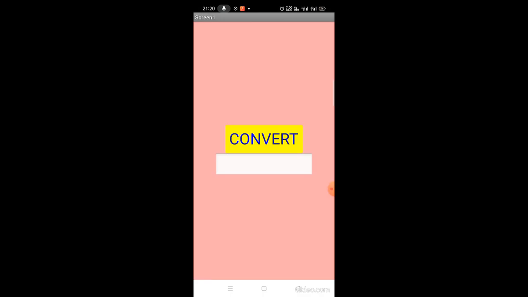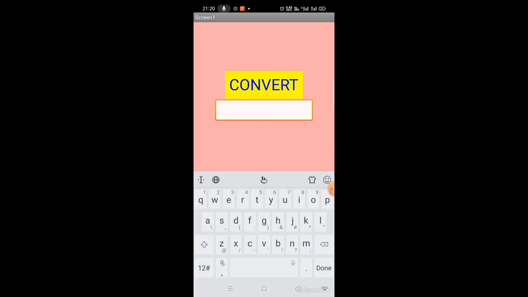So the first one is called button, second one is text box. I am giving the text content as water. Click the convert button. Water. Type tea. Tea.